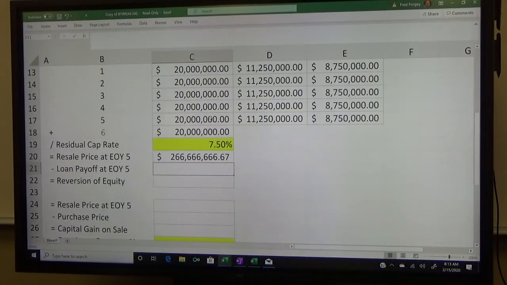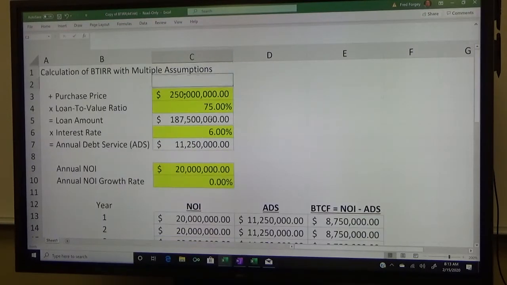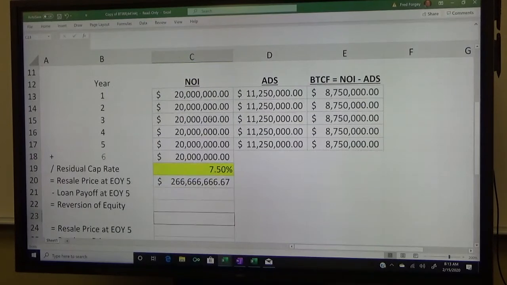Now, the loan payoff. Obviously it's right there in front of you, but what are you really doing? You're basically paying off the amount that you originally borrowed, because you haven't paid down any principal amount. So it's just the original amount that you borrowed, just the original debt. So in this case, we're simply going back up